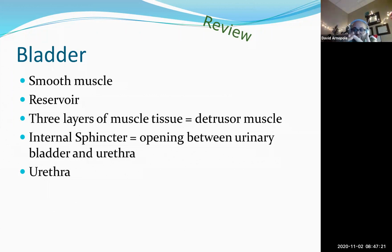If you think about it, the filter is that nephron. We've got everything in the collecting ducts. Now we're in the bladder. That means everything that should have been pulled out is done. It's out. It sits in these 3 layers of muscle so the body doesn't accidentally reabsorb anything until you're ready